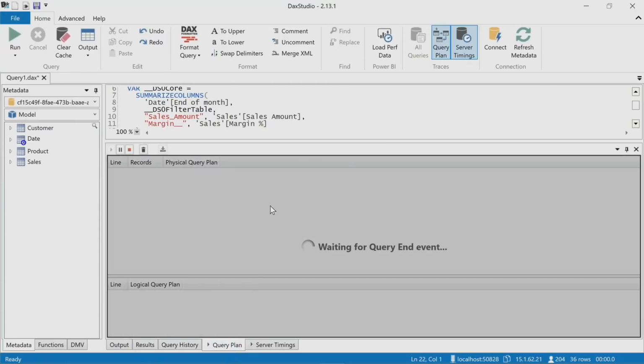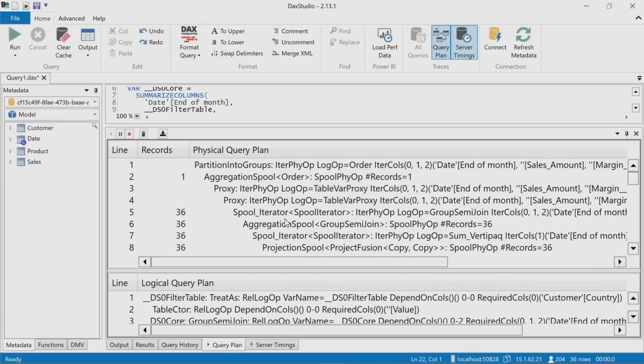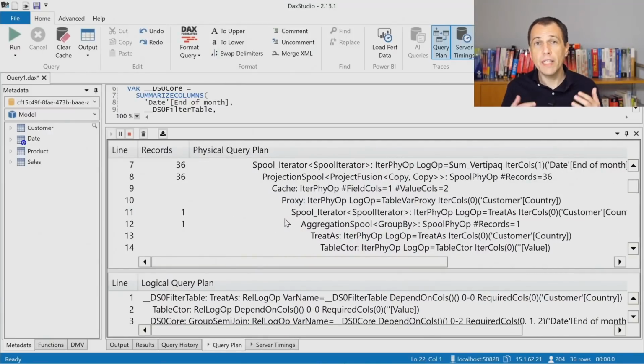You see here in the query plan the description of all the steps performed by the query plan, and this query plan is slightly different from the one that we have seen for DirectQuery. Because for a different storage engine, there could be a different query plan. The reason is that the different storage engine can have different features and can perform aggregations or calculations that don't have to be made by the formula engine.